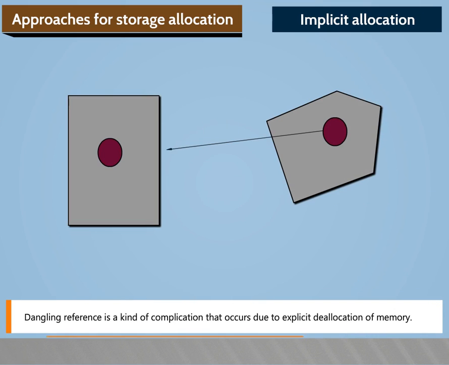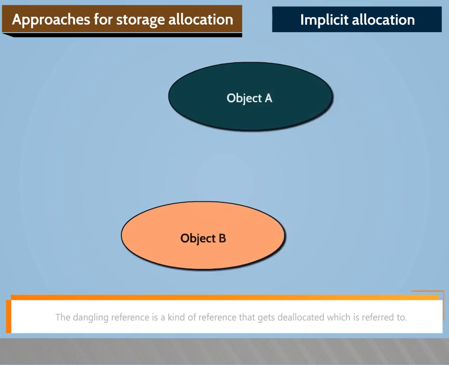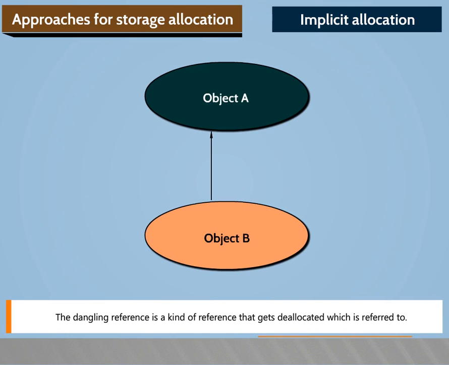Dangling reference is a kind of complication that occurs due to explicit deallocation of memory. The dangling reference is a kind of reference that gets deallocated, which is referred to